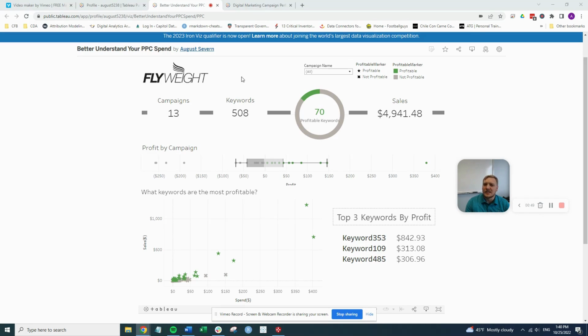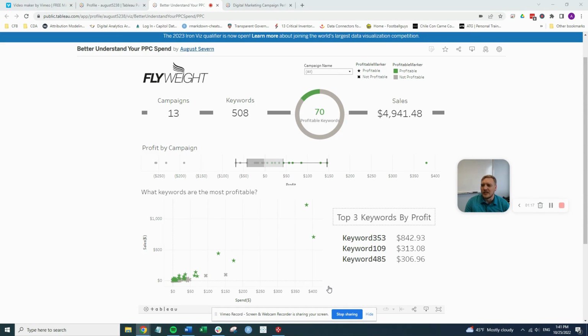So the easiest thing to look at here is we don't have a lot of formatting going on. There's this nice little line in the background. There's a little bit of formatting with the circle, pie chart. The header isn't very well defined. There's not a lot of white space between our visualizations. And where there is white space, it doesn't make sense, like down here where these top three keywords